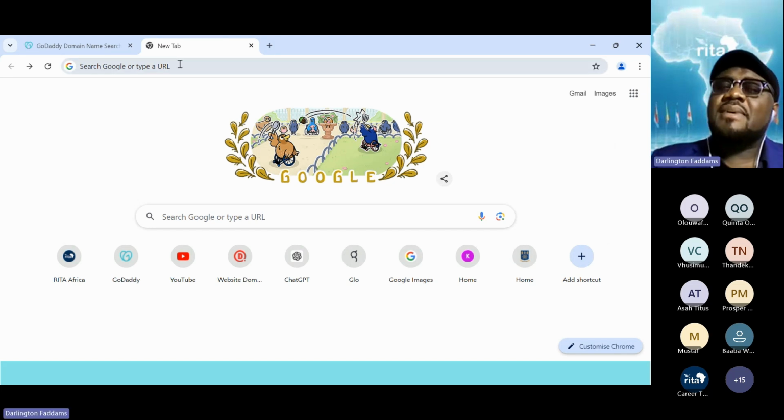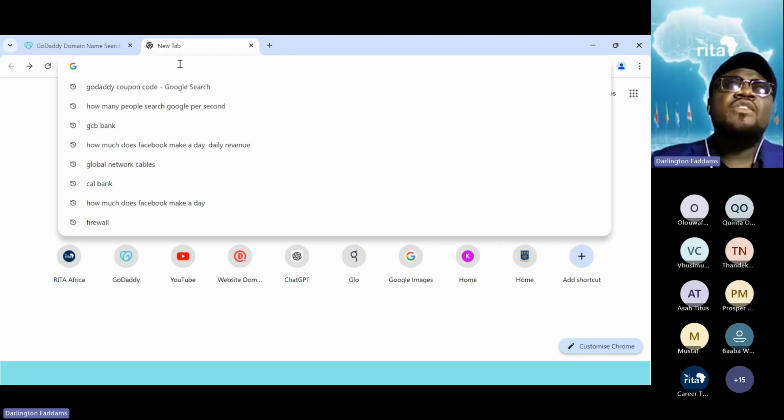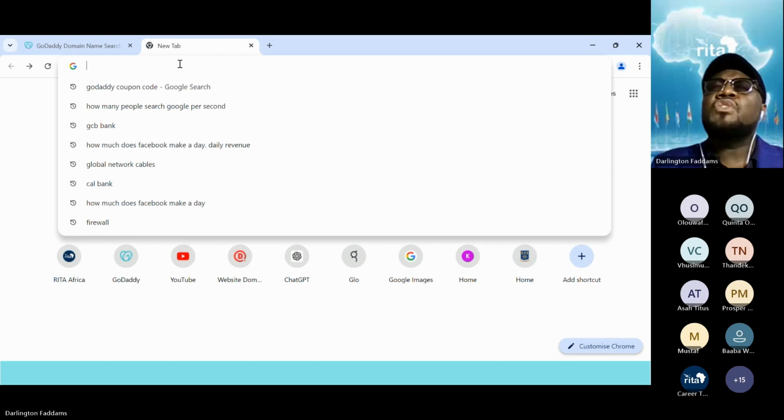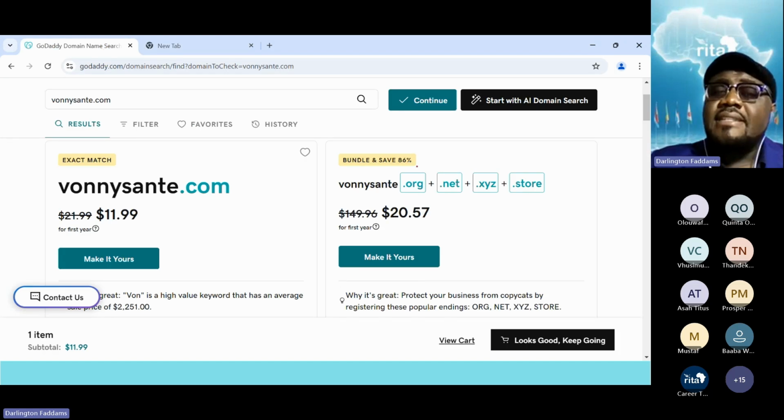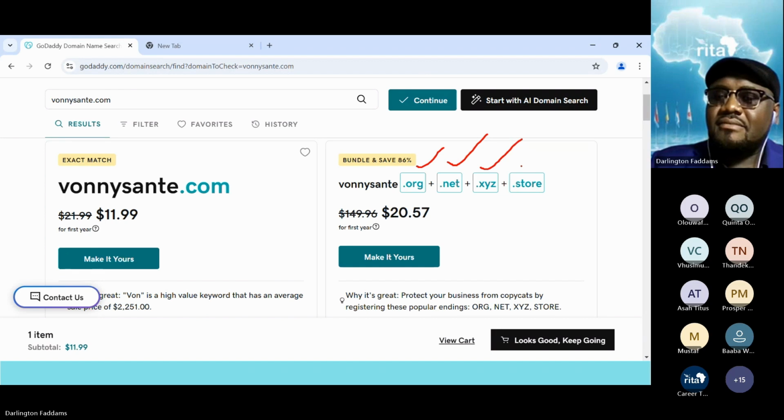And so this is what some companies have done. I'm not saying you should do it. If you're a small company, a lot of things don't happen to you, and don't waste your money, don't waste your time doing a whole lot of things. As a matter of fact, the vonisanti.org, .net, .xyz, please don't buy them. Just focus on what you need for now.